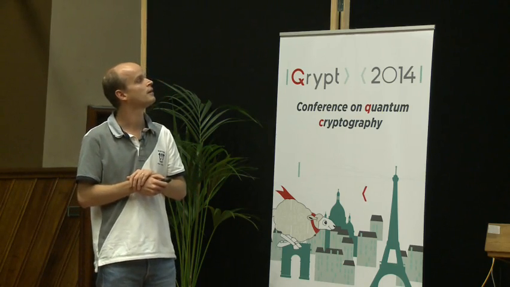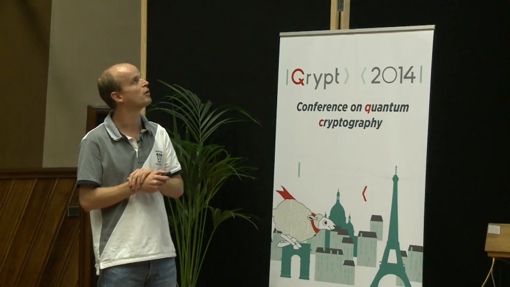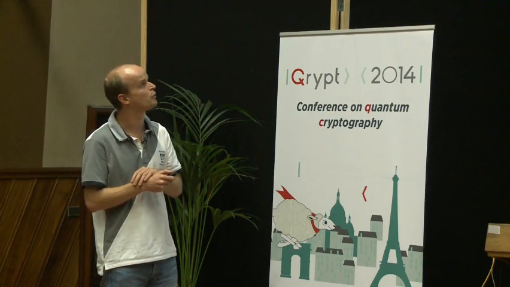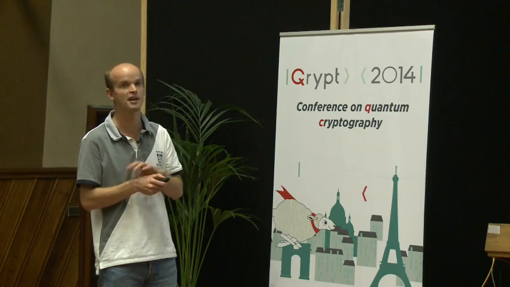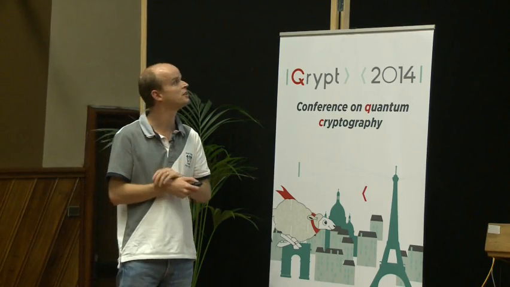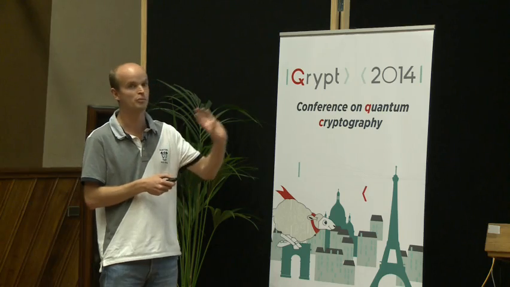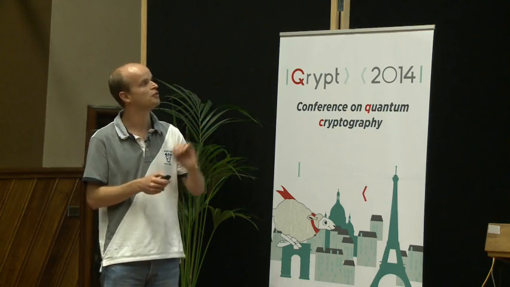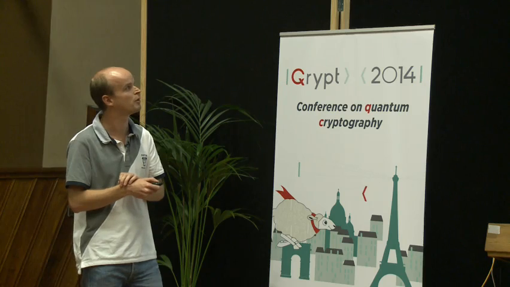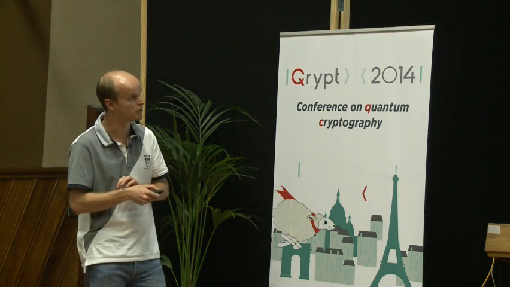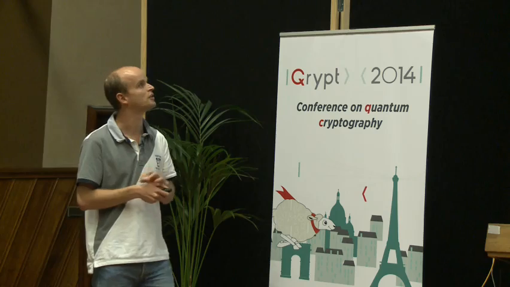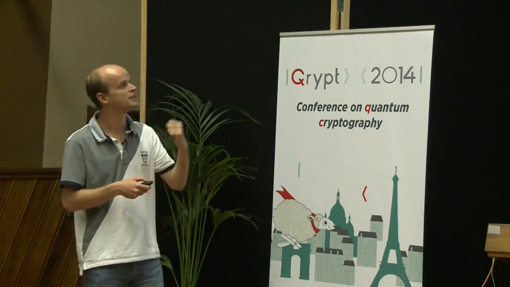Basically, if you have a number of copies of a given state and you want to do the tomography of the state, what should you do? The idea is that you first take all these copies, you symmetrize this global state, and then you divide your global state into two parts. You give the first part to someone who will do a measurement, and you give the remaining part to someone else, who will hold the state. And the goal is for the first person, the one who does the measurement, to do some measurements and guess some characteristics of the remaining state. This is really what you want to do when you do quantum tomography, and this is what you want to do when you do